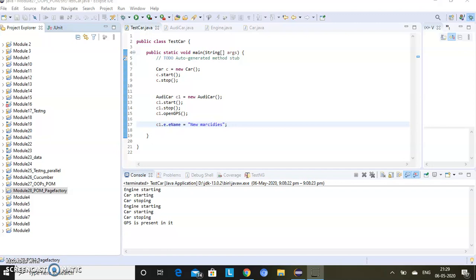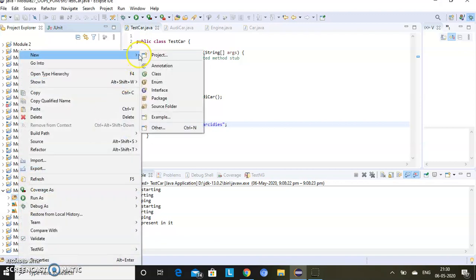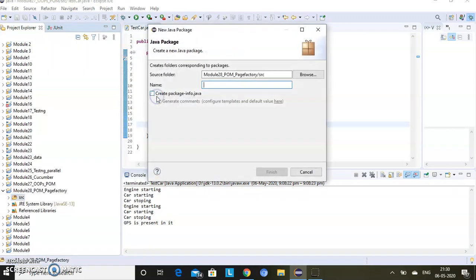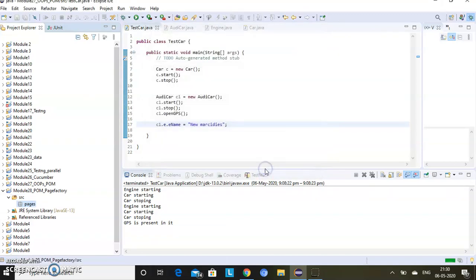Okay, now I will first of all go to my login page and after that other pages. So in page object model we have page classes. Let us create a new package with the name pages. As soon as we launch Facebook, we get the launch page of Facebook.